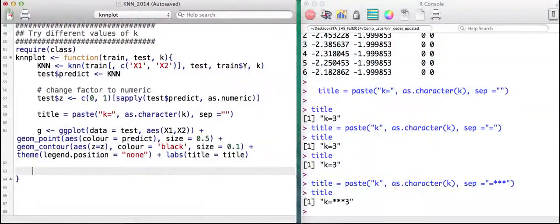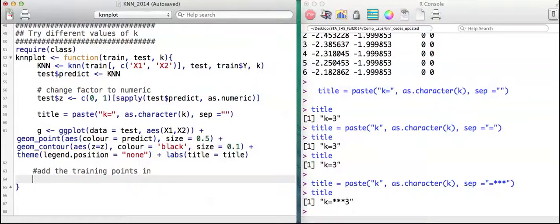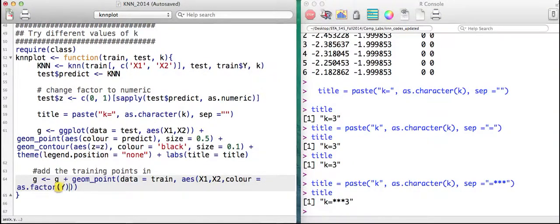And now what we're going to do is literally add the training points in. So we will say G is equal to G plus, and now we're going to use the same kind of stuff we did before. Geom point, data is equal to train, AES x1, x2, comma, color is as factor y. Okay, so we're in the training data. It knows it's the y column, and